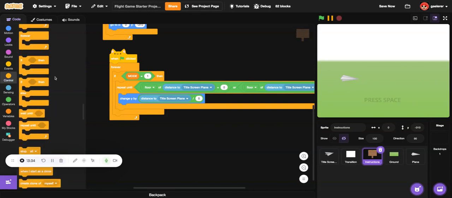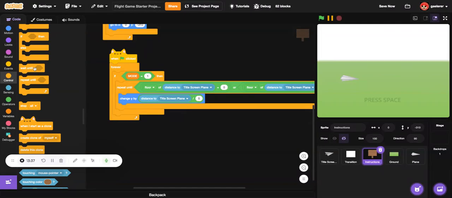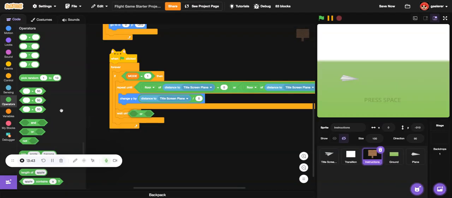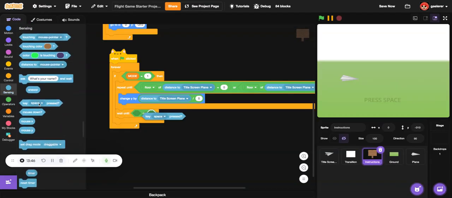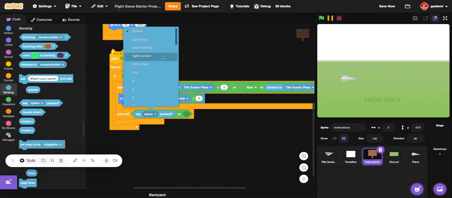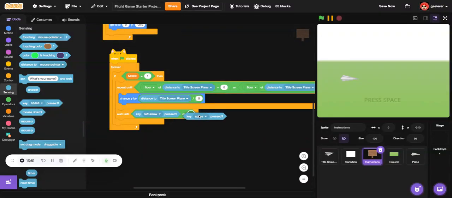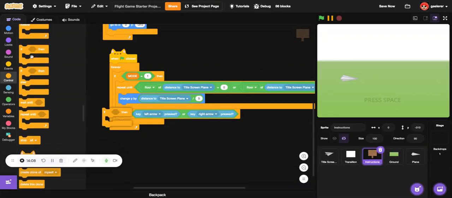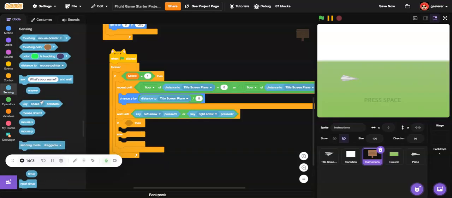Wait until, put an OR, key left arrow pressed or key right arrow pressed. Put an if, an if here. If key right arrow pressed,